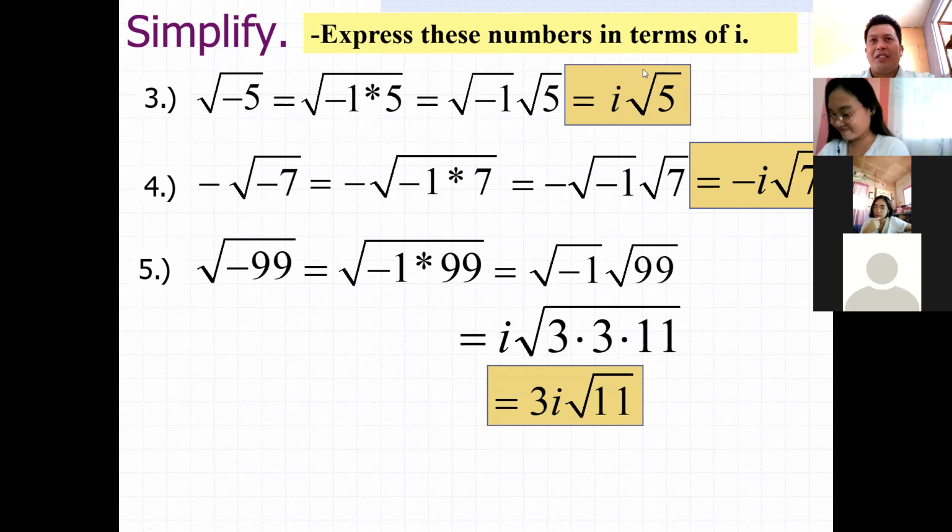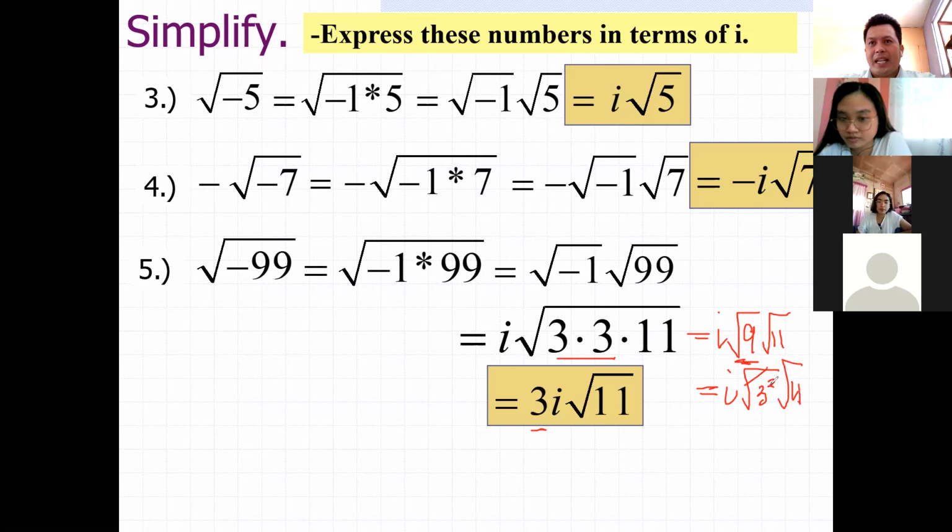Therefore, that is equal to 3i square root of 11. Or if you are confused by that solution, you can further simplify it by separating the square root of 9 and the square root of 11, since 3 times 3 is 9 and the square root of 9 is 3. So there you have 3i square root of 11. Or instead of 9, you can have 3 squared, square root of 11, so you can cancel the square root, leaving 3 outside of the radical sign. Claro?